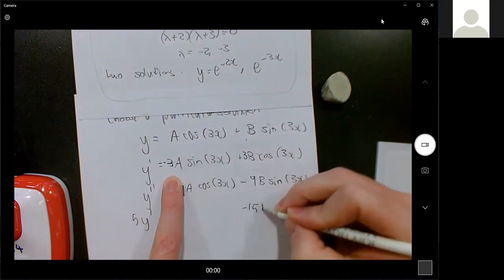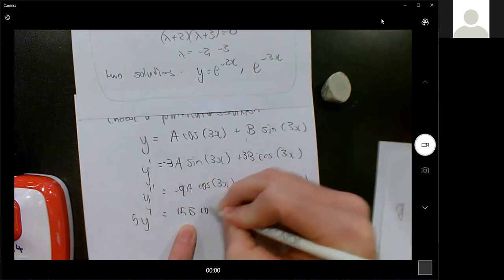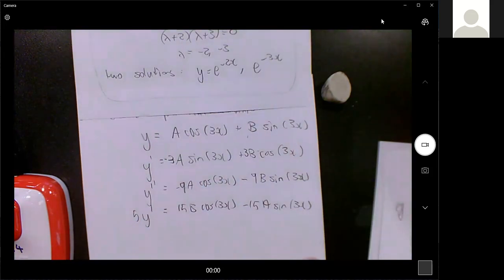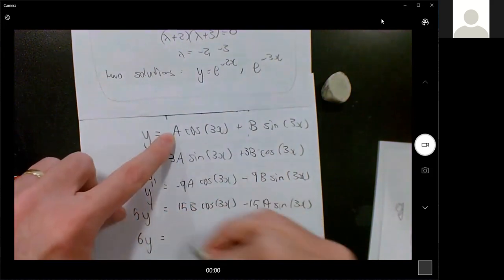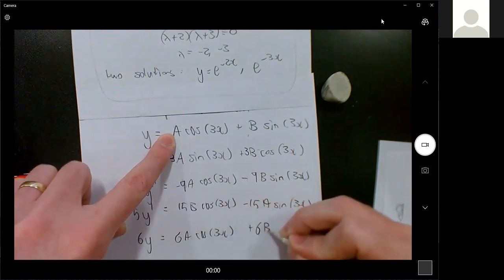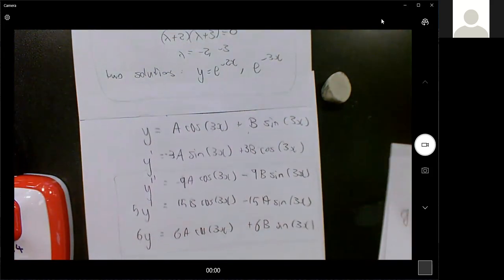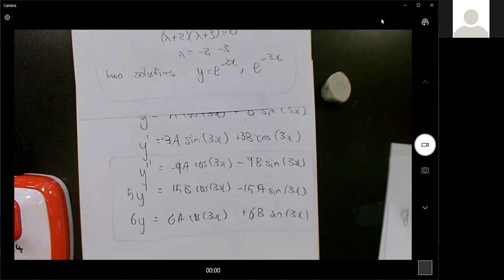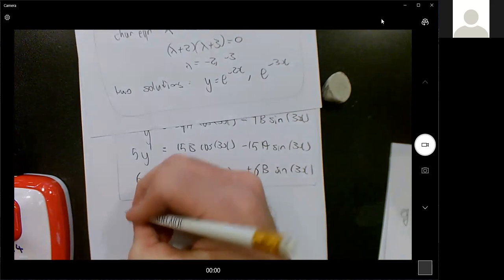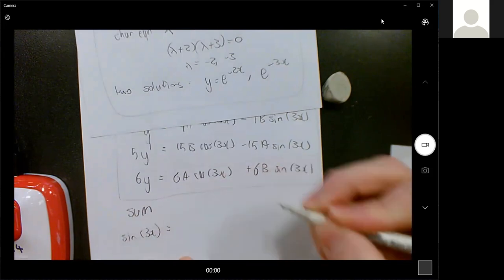So we've got minus 15a sine of 3x and 15b cos of 3x. And then 6y is 6a cos of 3x and 6b sine of 3x. Cool. And this is all supposed to add up to sine of 3x. So if I add these three together, it's supposed to be sine of 3x. So if I do the sum, I should get sine of 3x, and this is going to be